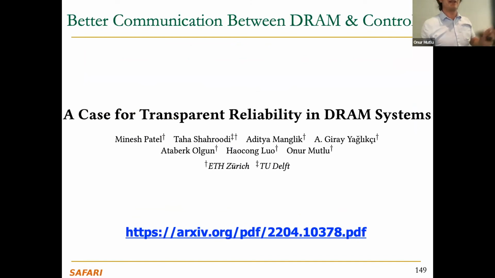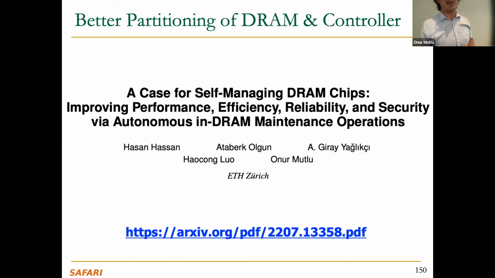We have some minutes. Feel free to think about questions, but I'm going to mention something. One of the things that limit innovation in this area and make solutions harder, which goes back to your point, is the interface between DRAM and the memory controller. This is a very rigid interface. The memory controller right now does all kinds of maintenance that I believe DRAM should be doing. That's one of the reasons the DRAM manufacturers are not able to do a lot of things, because they have very little time budget to do some sort of RowHammer mitigation, for example.